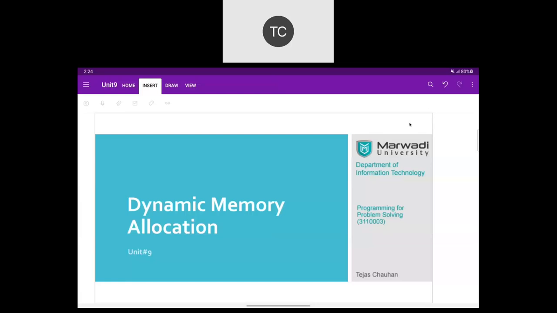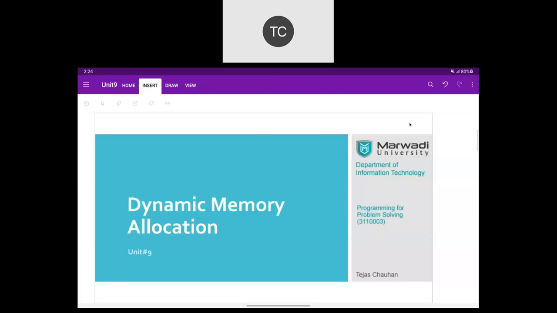Structure members will not acquire any memory until you declare a variable of the structure. Once you declare a variable, memory is allocated. For a structure, it is going to be the total size of all the members, so you can simultaneously store all the members inside that variable. To access those members, you use the dot operator, the member operator.